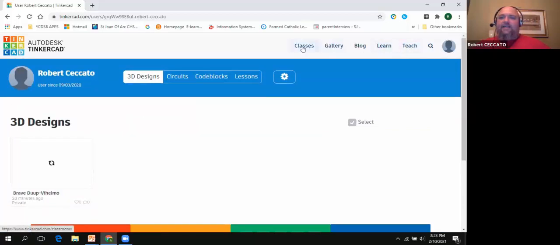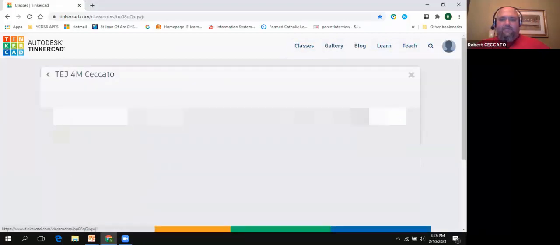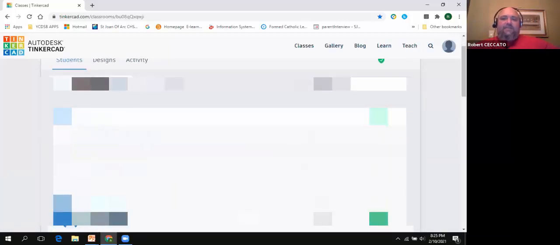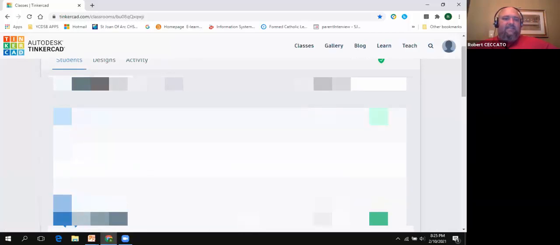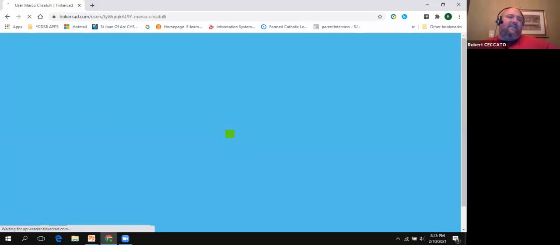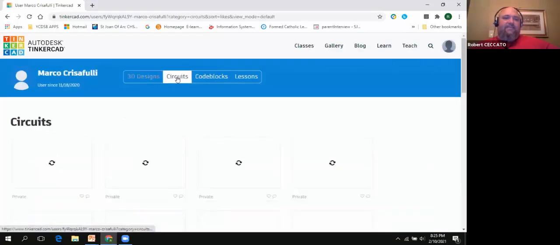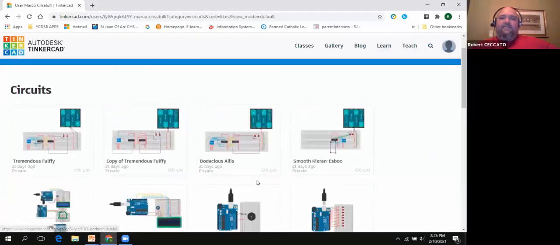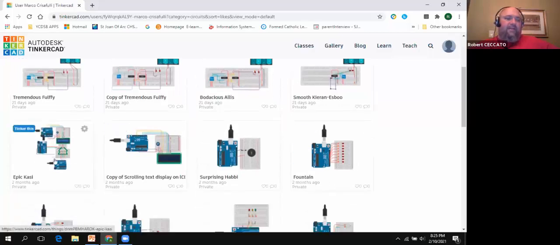You can go to the classes. Here, let's see. All right, we'll go here. There we go. So here you can see each one of my students and how the last time they were on here in terms of activity. If I click on Marco, one of my students, I can actually see all of the Tinkercad designs that he's made. So if I go to circuits, because that's all we did, I can see each one of his circuits. So if I wanted to compare it with someone, or if they're having problems with it,